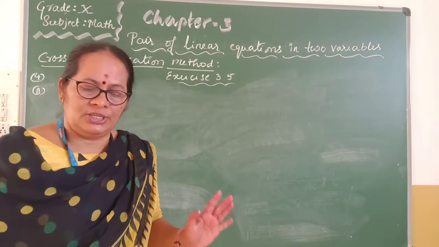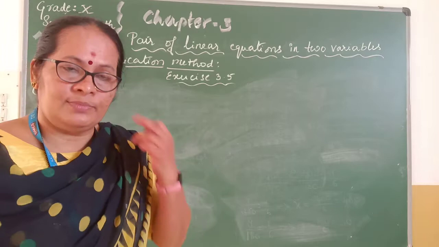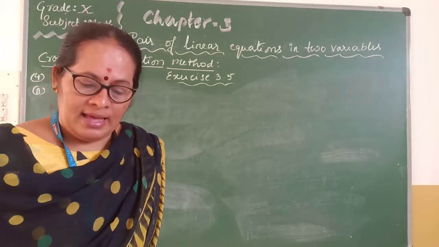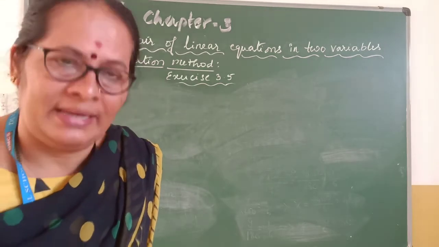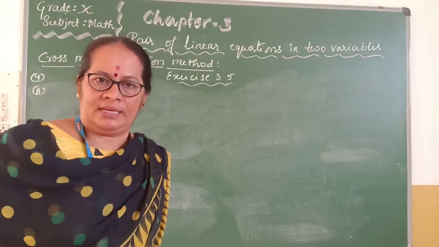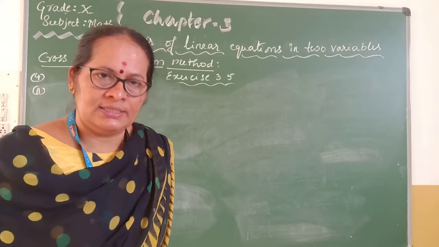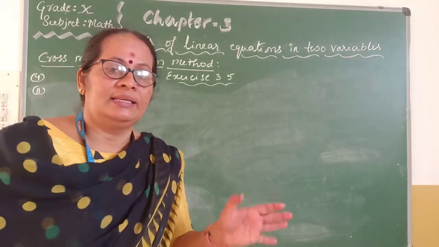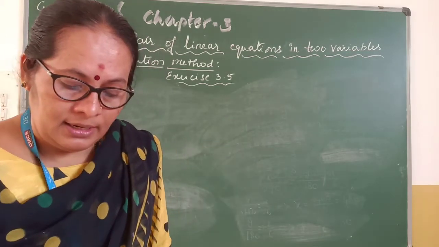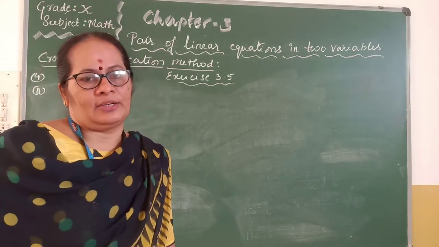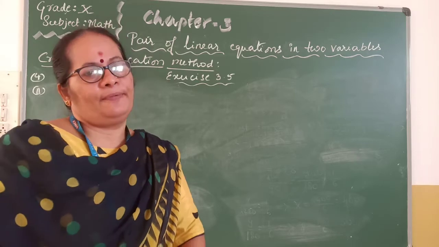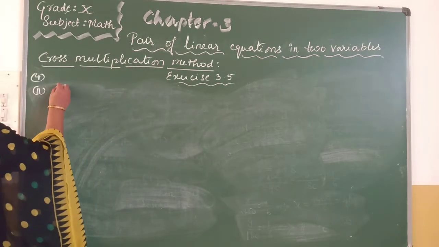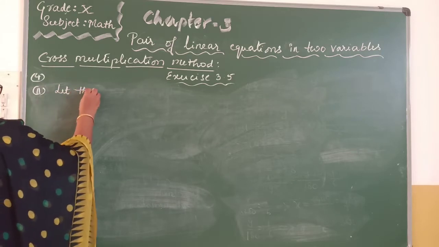The first condition is a fraction becomes 1 by 3 when 1 is subtracted from the numerator, and it becomes 1 by 4 when 8 is added to the denominator. The second condition is the fraction becomes 1 by 4 when 8 is added to the denominator. Then find the fraction. You have to find the fraction. So let the fraction be x by y.